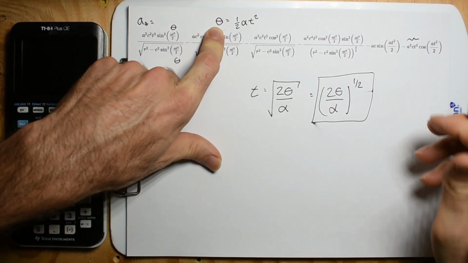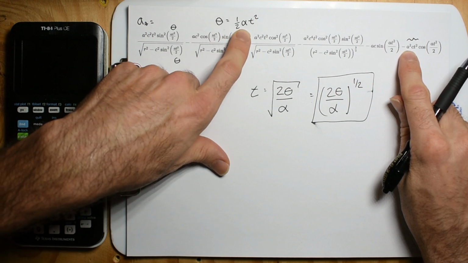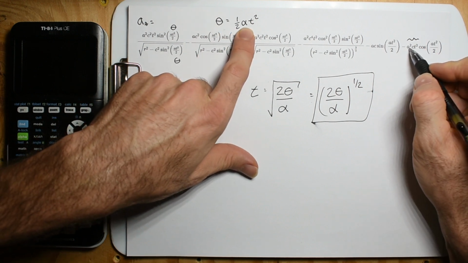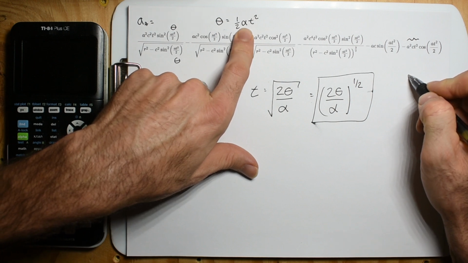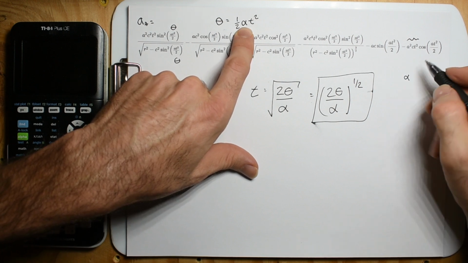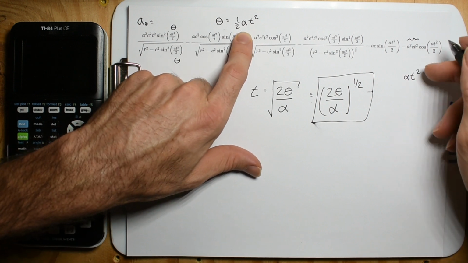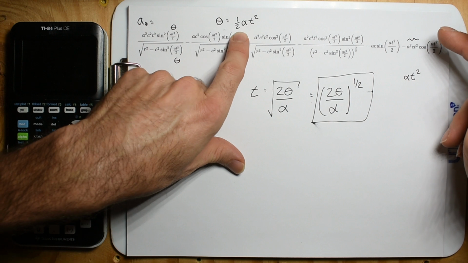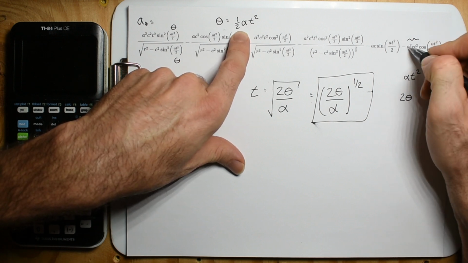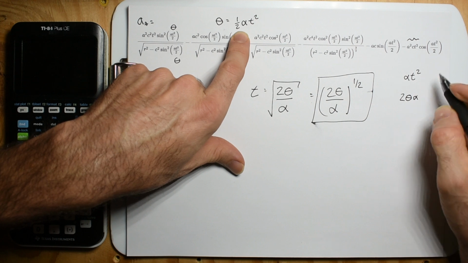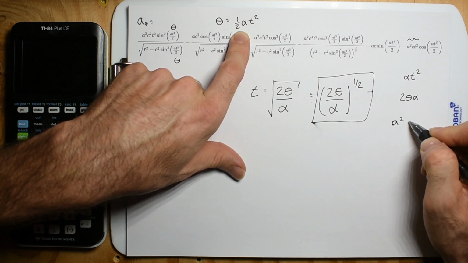Here I don't have a half, and I don't have just one angular acceleration, I have 2. I have t squared, but I don't have a half. So I guess this would be 2 theta, but I still have another angular acceleration. So there you go. Anywhere I see alpha squared,